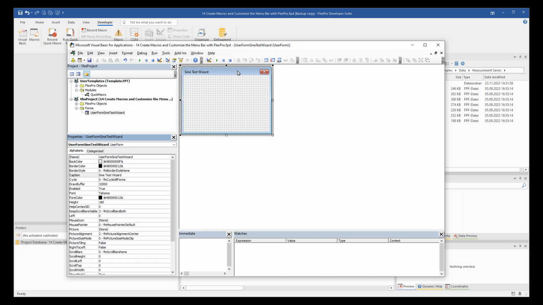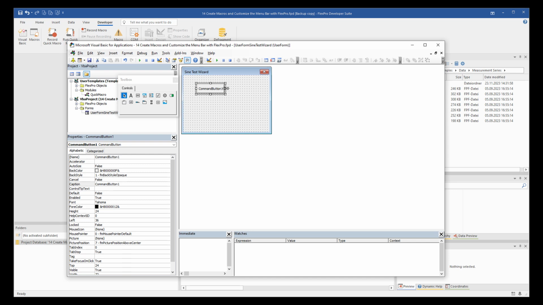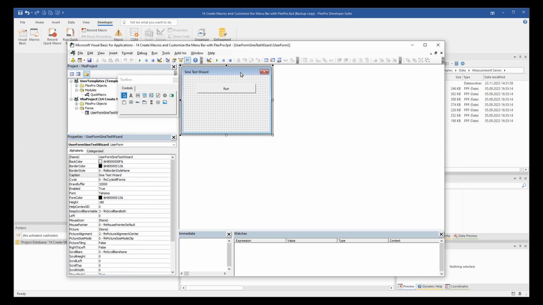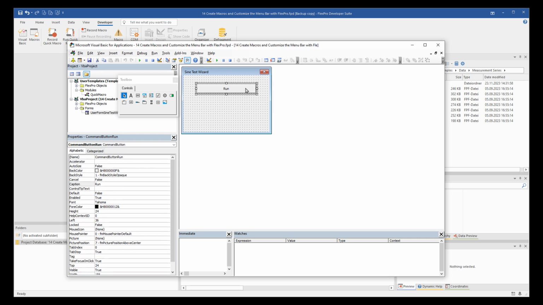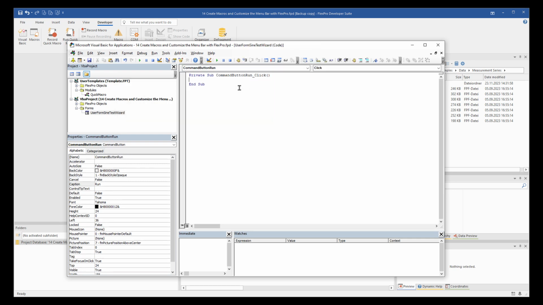I drag a command button object from the Toolbox window to my form. Under Properties window, I use the name CommandButtonRun. Caption: Run. I double click on the button and insert here my recorded VBA code.